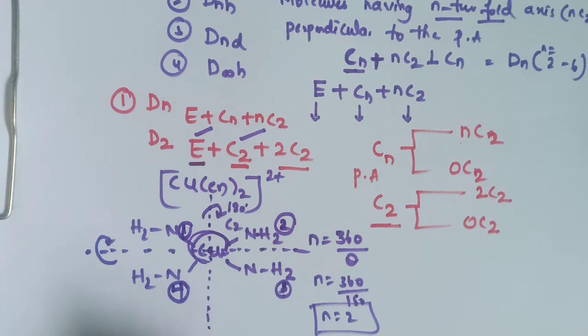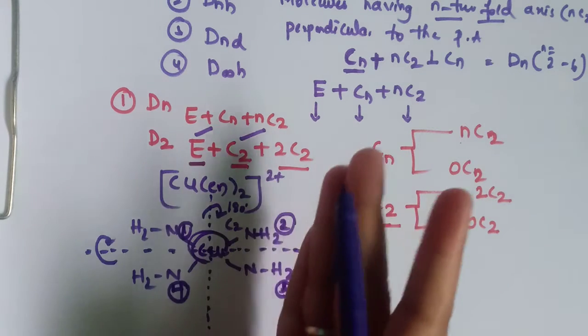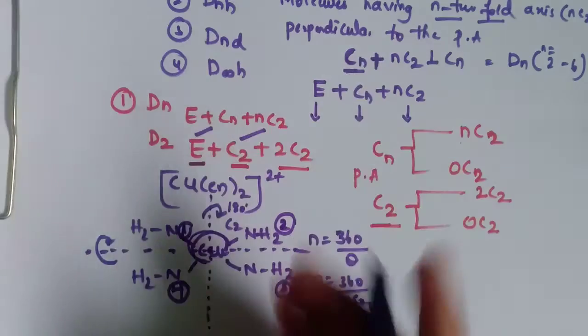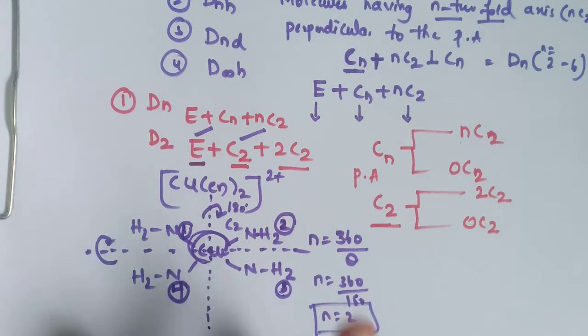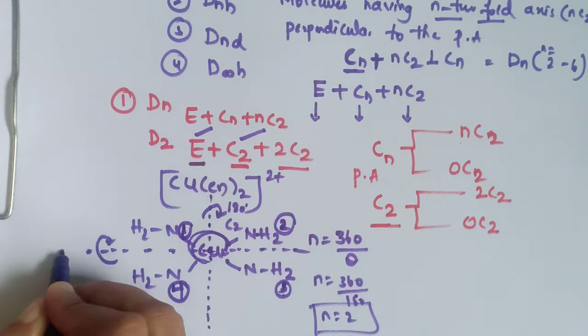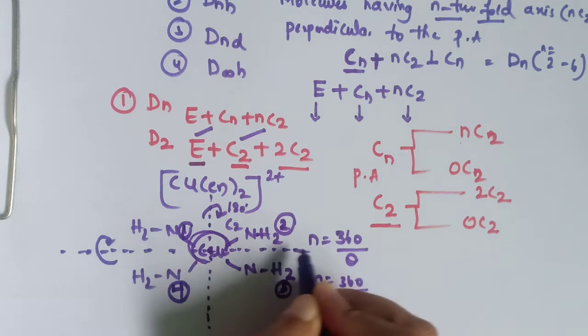And again, if you perform another operation, that is C2, then here are 1 and 4. So this 1 and 4 will again go here and this 2 and 3 will again come here. So we have got a virtual configuration. And again, likewise, here also doing the same thing.